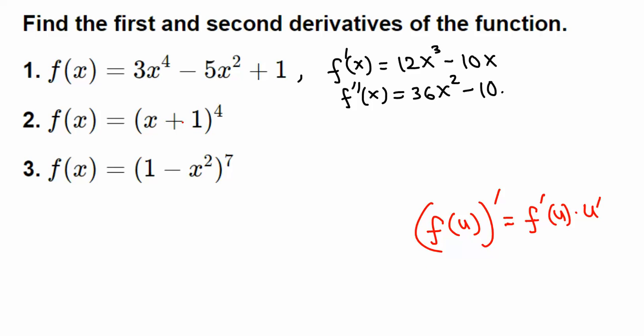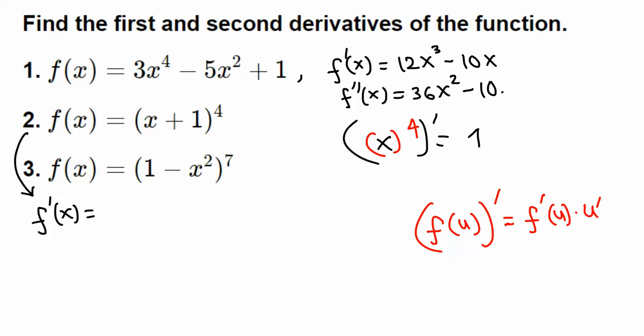Okay, so x plus 1 is our inner, and something raised to 4 is like x to the fourth, and you can use the power rule. That's the outer function, that's to the fourth. Okay, then for number 2, the first derivative is using this chain rule, something to the fourth, that's the outer function. We know the derivative of x to the fourth is 4x cubed. So something to the fourth, then derivative is 4, that's something raised to 4 minus 1, that's 3, and x plus 1,